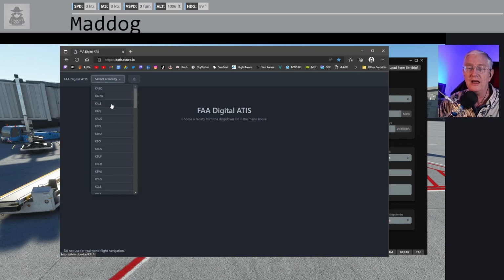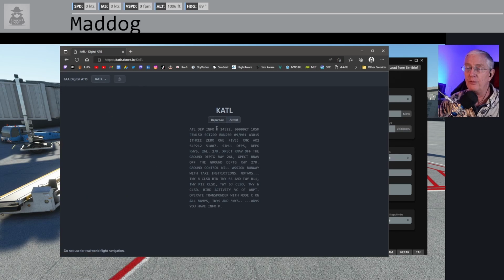Select a facility, KATL, Atlanta departure ATIS. They are using runways 26 left and 27 right. Now then, for Atlanta, this is mostly going to be an east departure. So trying to figure out runways and stuff like that,